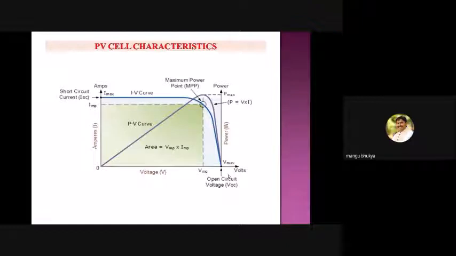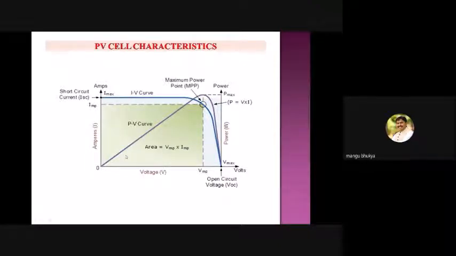We have to identify whether our operating point is before MPP or beyond MPP. So what about before the MPP point? From the characteristic, suppose you have identified that your operating point is lying before MPP. Then to reach the peak power, what will you do? Because you know that before MPP, if you increase the voltage across the panel, the power also increases. That concept we are using.